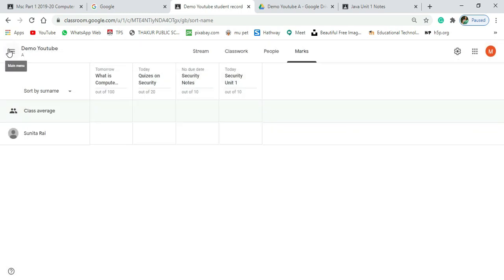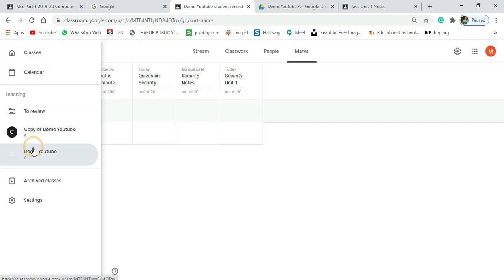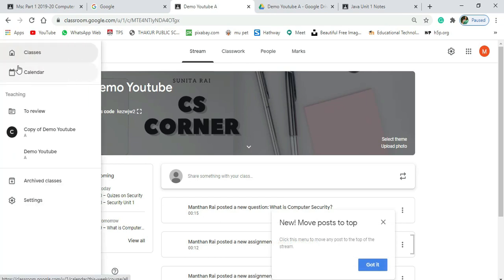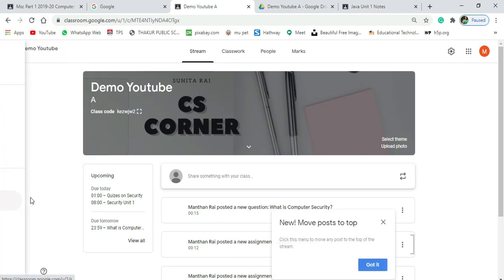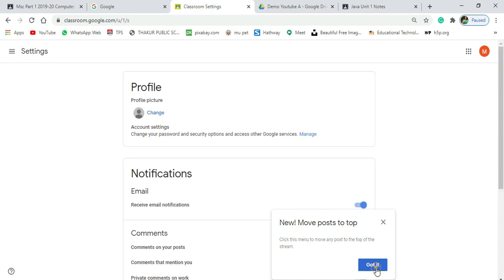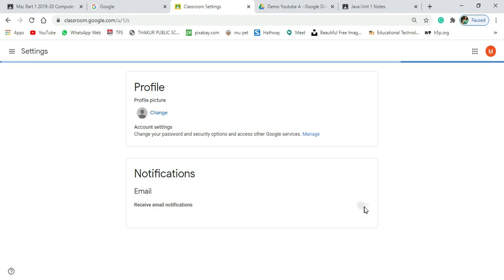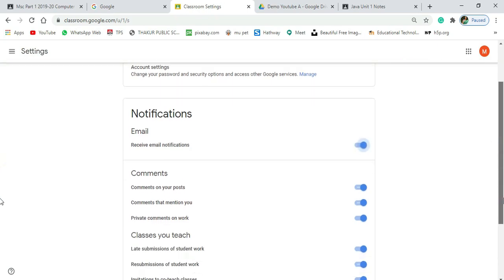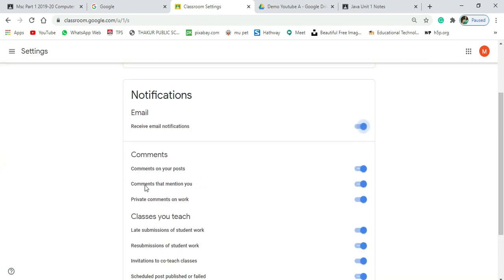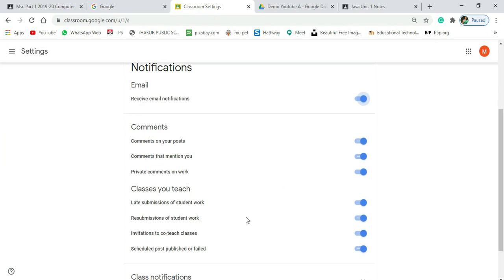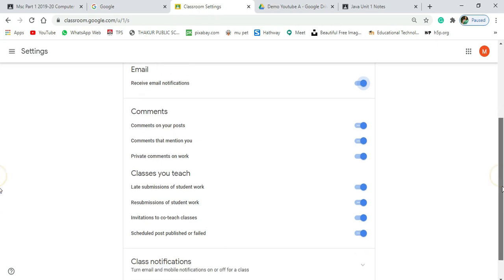Now I will show you one more part. So let me go to this classes tab, and here let me go to settings. Okay friends, so now what I'm having over here, receive email notification. So do not turn off email notification, because if you turn off email notification, you are not going to get any notification if students are uploading assignment, or they are doing comments, or they are sending any private message to you, or any submission, resubmission, or scheduled post.